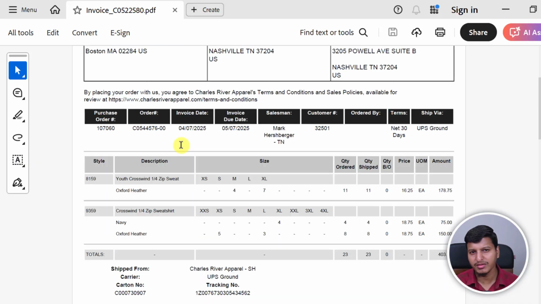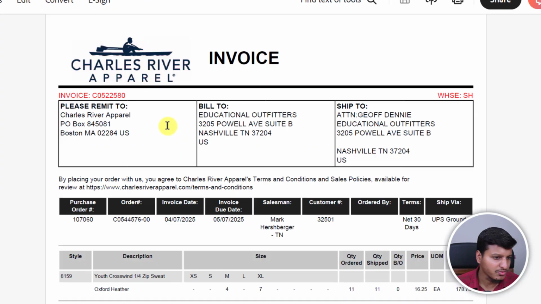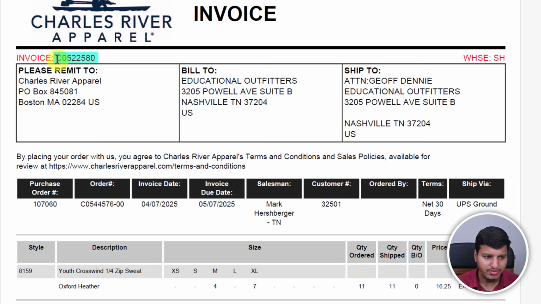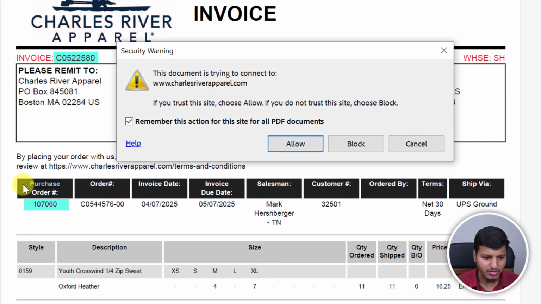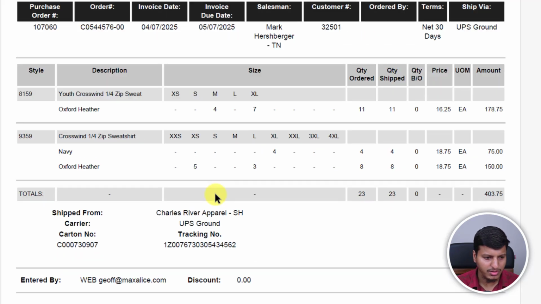In this video I'm going to explain how to get data from invoice PDFs using the PyMuPDF library. This is the sample PDF that I'm going to use in this video, so make sure you watch till the end. We need to extract the invoice number from this position, and then the purchase order number, the invoice date, the invoice due date, and then the line